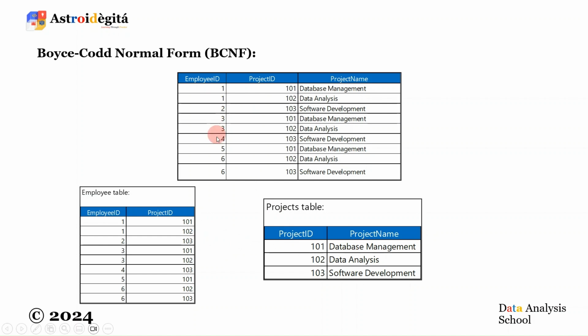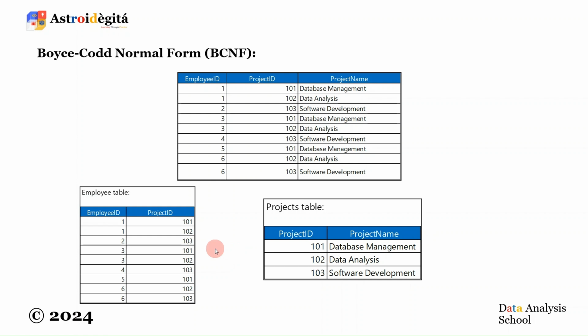One employee can be on two or more projects at the same time. So you can group the employee to a project based on the employee's ID, right? So non-key columns depend only on the primary key, as in the case of our project name that depends on the project ID. So these tables are free from transitive